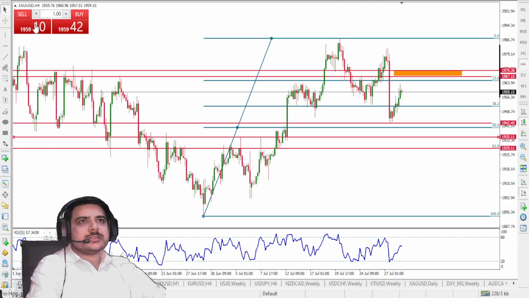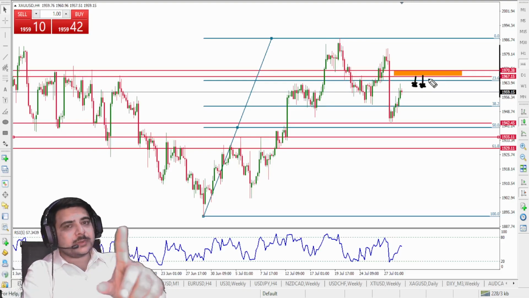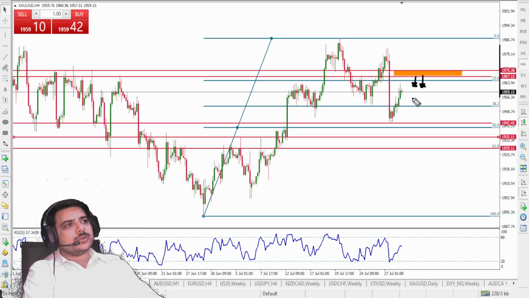If it closes above this, let me wind up everything and let me give you a clear image. A sell trade from here, if you can get it, that will be super nice. Upon confirmation, remember, no pending limits, because overall gold is bullish to me, and I will be showing you one